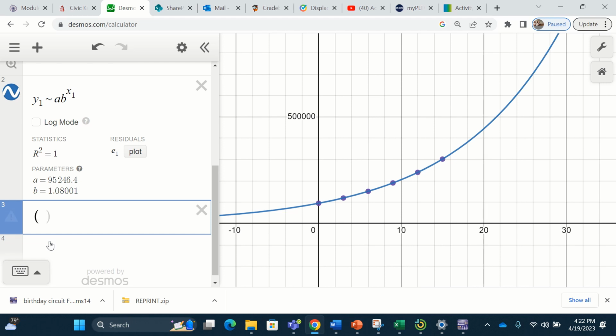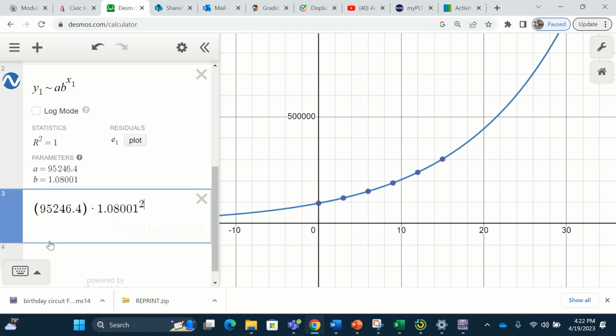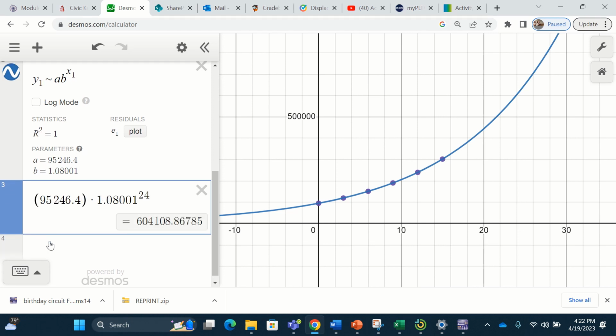So I'm going to type in A, 95,264.4 times B, 1.08001 raised to the 24th power. And I get 604,108 point blah, blah, blah, blah. I don't care anymore. Now, looking at my answer choices, that doesn't exactly match any of them, but